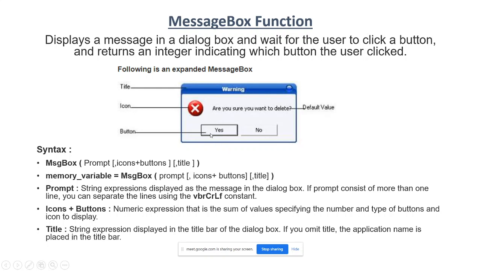Each button internally has its own integer value. For example, the Yes button might have the integer value 1, and the No button might have the integer value 2. Why are these values necessary for the message box? Consider the example: on click of the Yes button, some event has to be performed, and on click of the No button, some other event has to be performed.